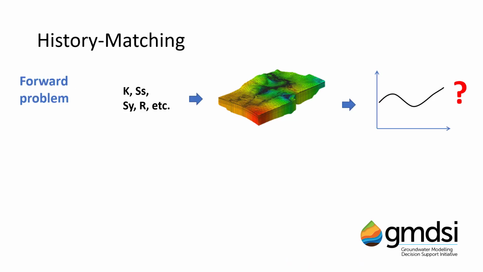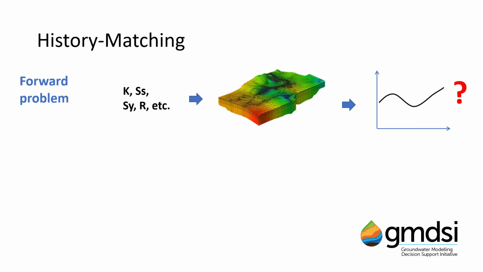The process through which we obtain parameters which adequately represent the system is referred to as history matching. During history matching, model outputs are matched to measured field data by iteratively adjusting model inputs, or model parameters. In this context, we are posing the groundwater model as an inverse problem, where model outputs are known and the model inputs are unknown. Recall that in the forward problem, parameters such as hydraulic properties, recharge, etc. are specified. The model is run and the model calculates heads and fluxes. This is what you do anytime you build and run a groundwater model.